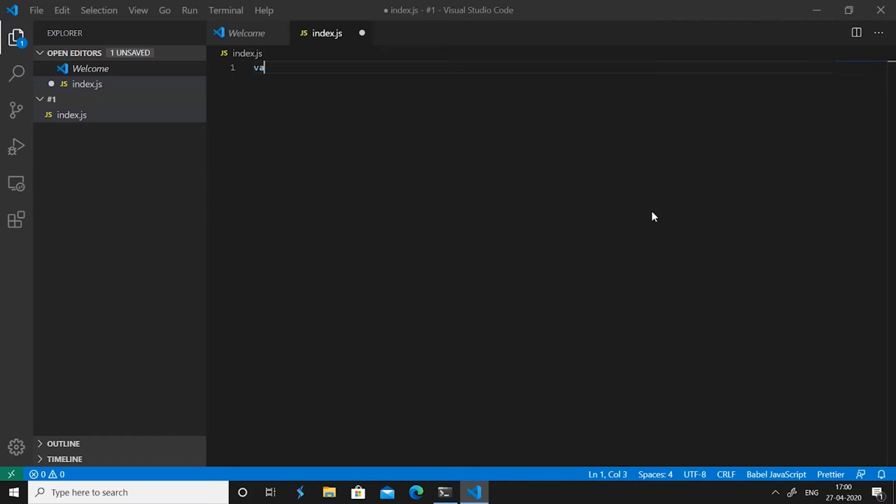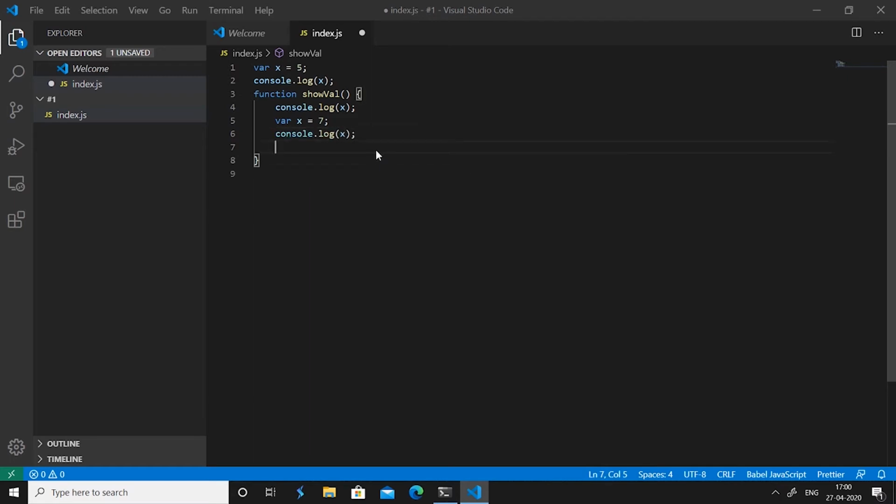Let's declare a variable x and give it a value 5. Now let's log this out, and create a function and call it showVal and give it no parameters, and we want to log the value of x, and then we also declare another x and give it a value 7, and then we again log this x, so that we will understand the code a little bit sooner. The way I'm writing the code is a little rogue, and let's call this function here after the console.log statement,